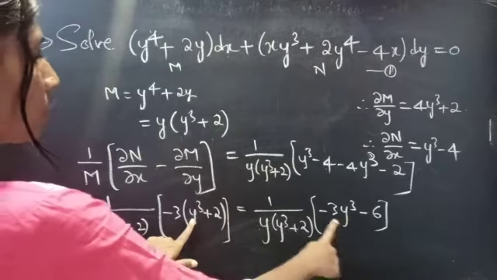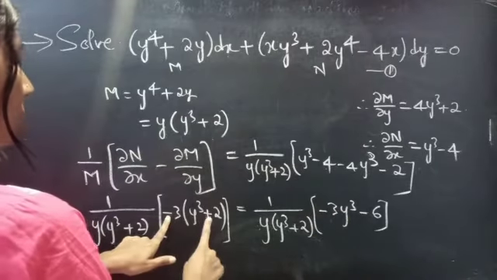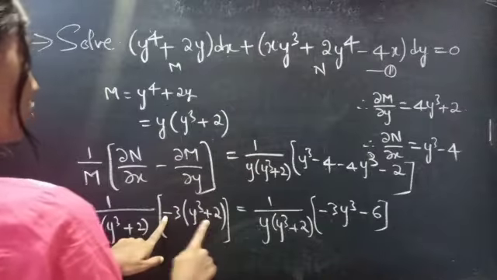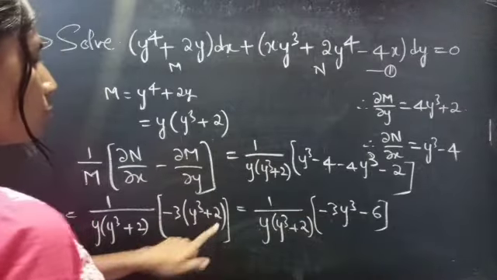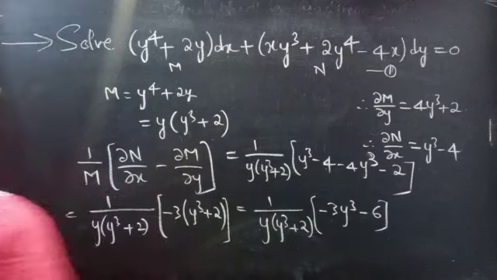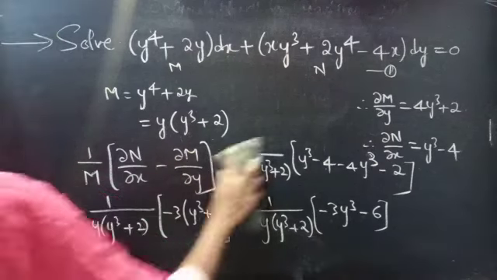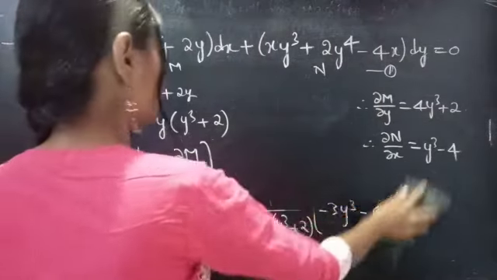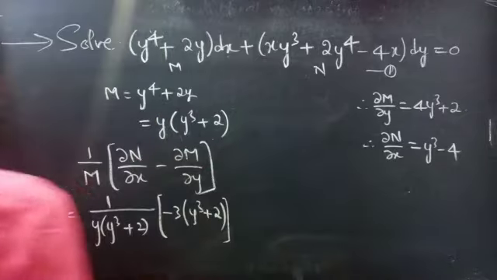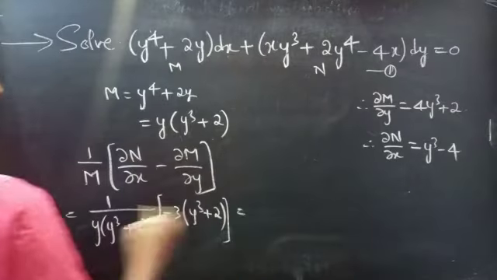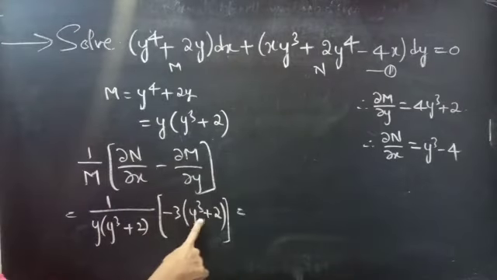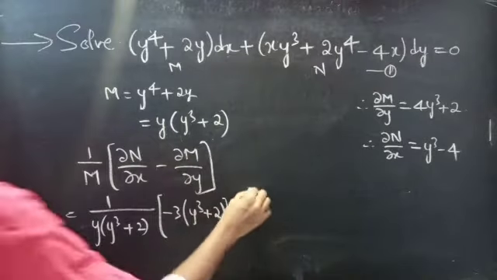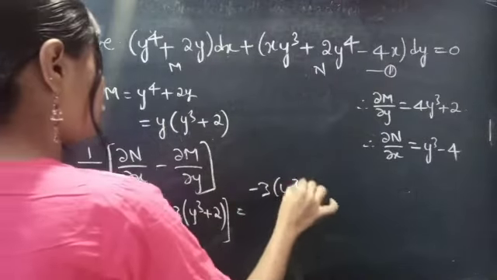Minus 3 into y cube is minus 3y cube, and minus 3 times 2 is minus 6, right? The same thing. You'll get the same thing. This equals 1 into minus 3 into y cube plus 2, that is minus 3 times y cube plus 2,